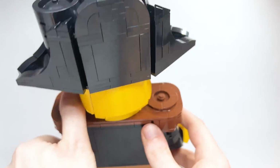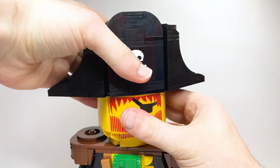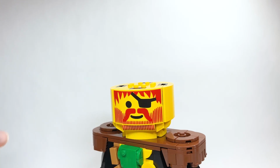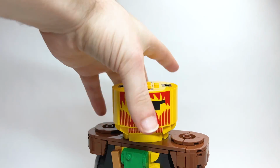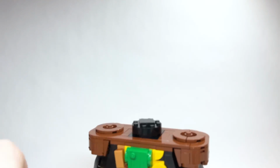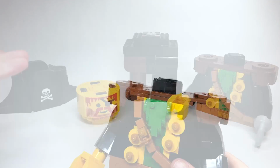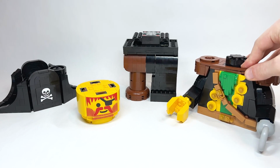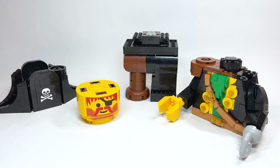Really, really great. Now you might have noticed, I took apart the legs. Let's see if we can take apart the hat. Very easy to do. Now, there's no actual build for the top of the head. You could go ahead and do that yourself, but it's very easy to remove that. Let's see about removing the head. There you go. Very easy as well, and you can see how it rotates around there on that little build. So just to show you here, you can remove all that. Now, the epaulette, unfortunately, is really built in there. I don't want to take that apart because it will take...